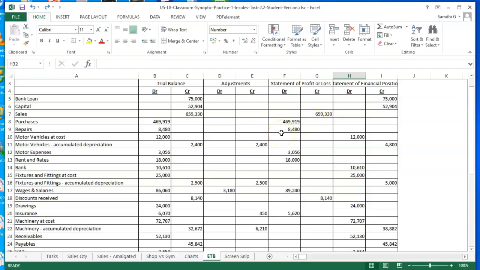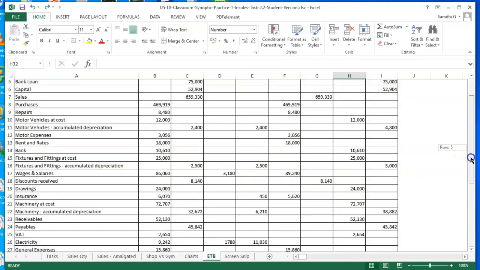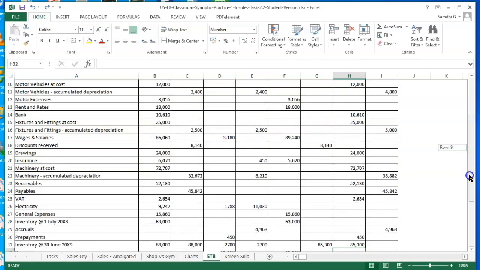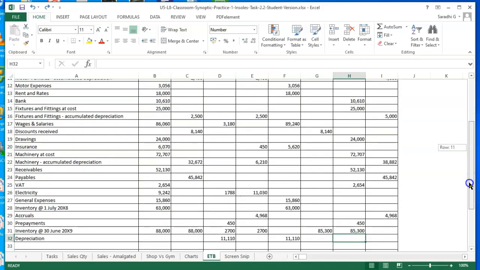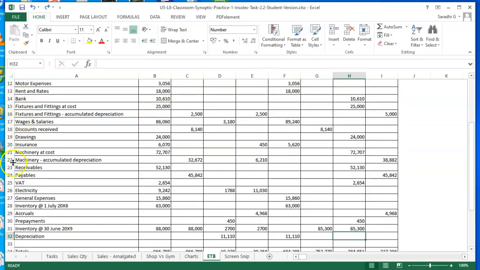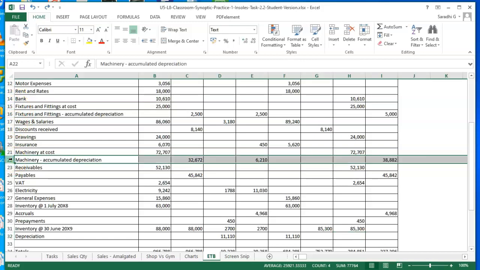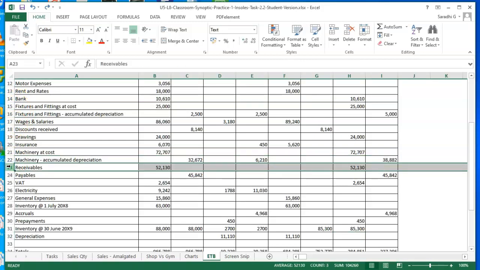Purchases, repairs, motor vehicles, motor expenses, rent and rates, bank, fixtures and fittings, discount received, drawings, insurance, machinery, machinery depreciation, receivables, payables, VAT,